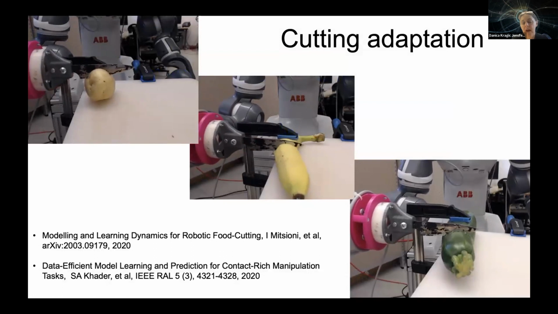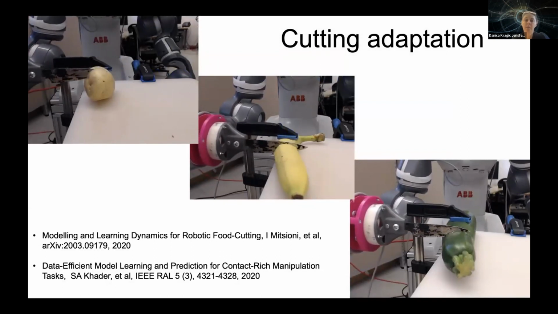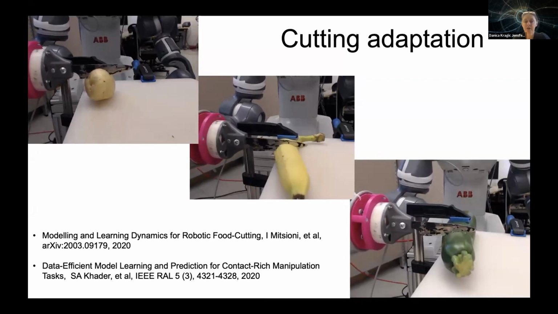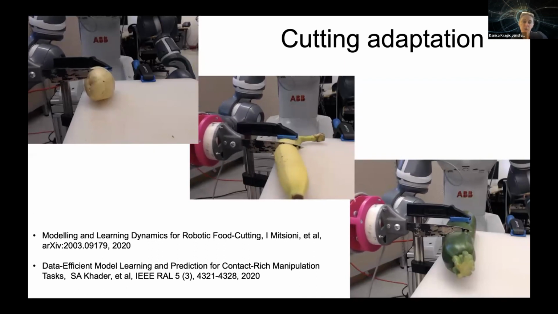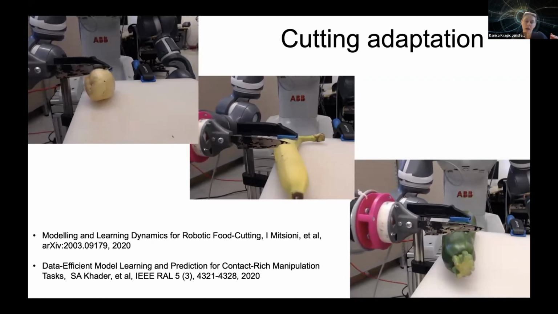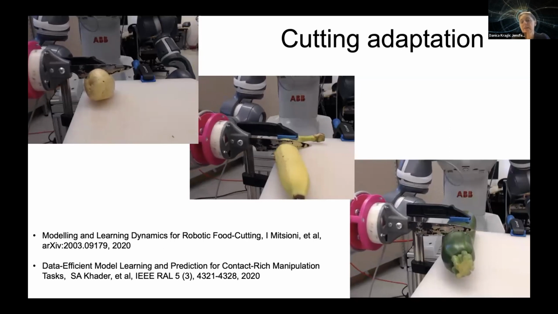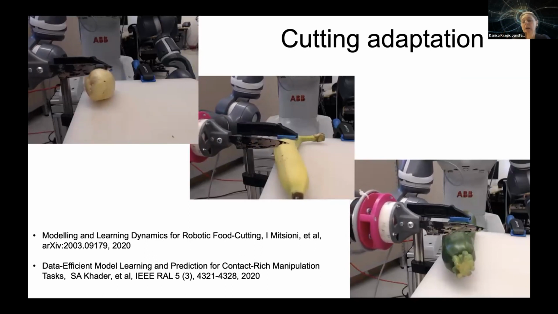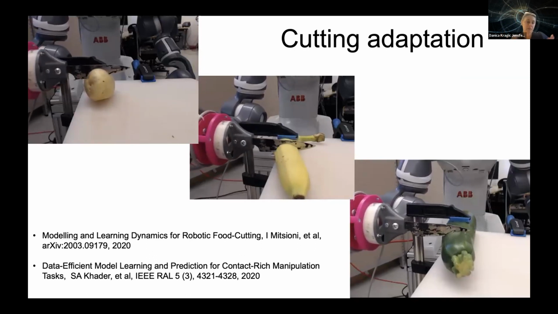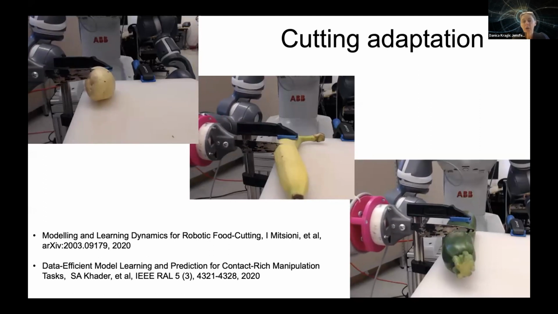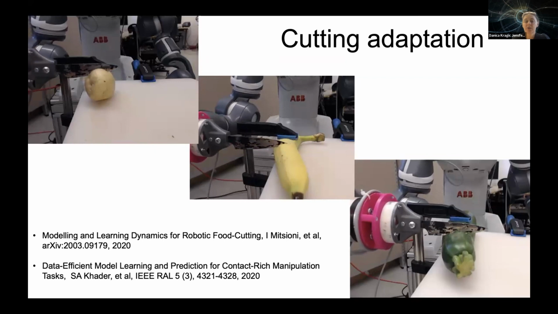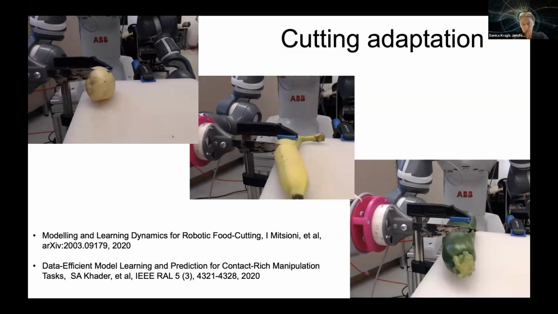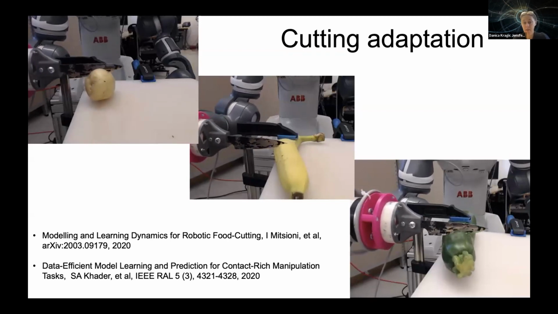Other types of interaction tasks may not involve humans, but they may involve interaction with physically varying objects. So cutting through a raw potato or cooked potato or a banana or a squash and so on. Let's say the idea here is to study the development of either classical control-based approaches, analytical, or something data-driven and so on. How do we ensure that during the task, the robot, based on the force-torque feedback that it gets, does not generate so big a torque that the robot breaks?